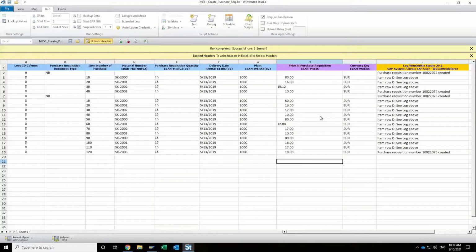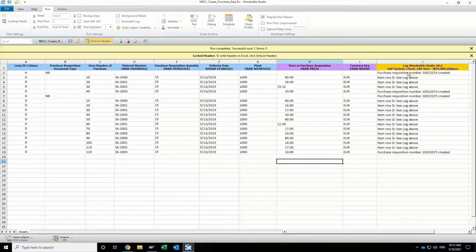I just wanted to walk through a few tips and tricks on some of the capabilities that are available in Winshuttle Studio, particularly around how we can get information in the log message differently, how we can use that to make the process easier for document attachments, and then some of the new capabilities that are available in Winshuttle Studio Manager and Evolve. So in this example, I'm going to be walking through how we can really optimize that document